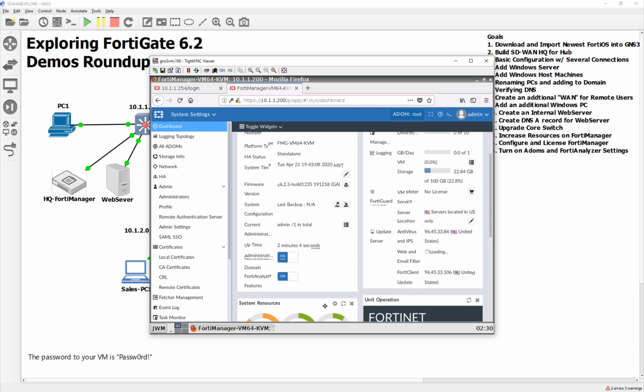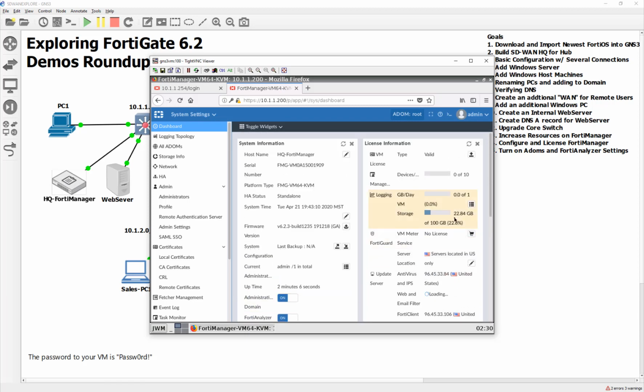these bad boys. Okay. So by the way, if you look here, see how it says 200 gigabytes? Yeah, I don't think it's really using 22 gigabytes. I think that's all reserved or something. I have no clue. Maybe that's all the separate ADOMs, because each one gets a gigabyte each, so it's probably